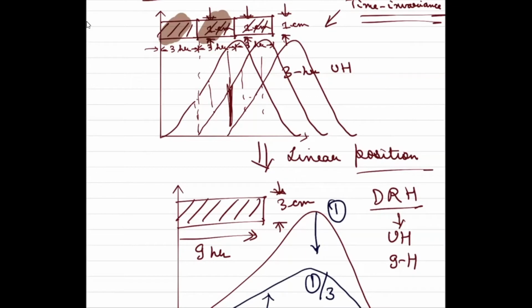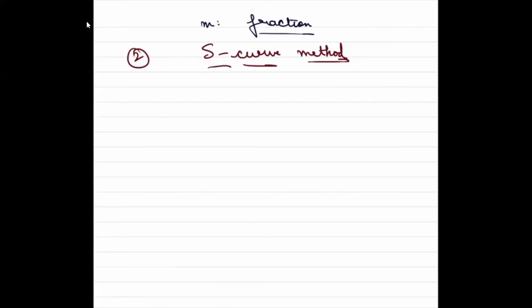Clear so far? Should we move ahead? The main challenge arises when this m happens to be a fraction. And there we are going to use the second method called the S-curve method. This S-curve method takes a little bit of time to digest. So I will introduce the concept of S-curve. I will let you think about it for half a day and then I will post the next recording. But listen to this very carefully and think using common sense and your mathematical senses as we go forward.